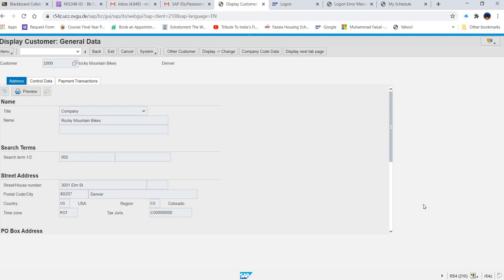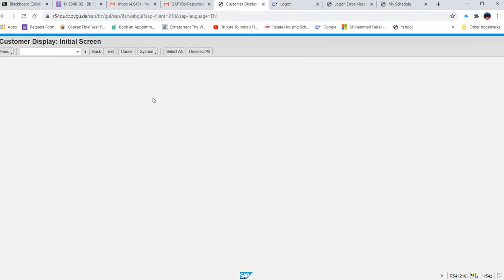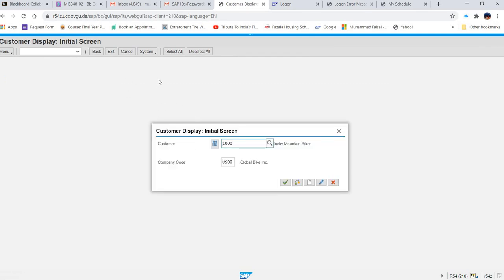Now, the next thing in the exercise, they are asking us to enter some short codes in this area. But before that, we have to go out of this transaction. So I will press back. When I press back, it takes me one step back.